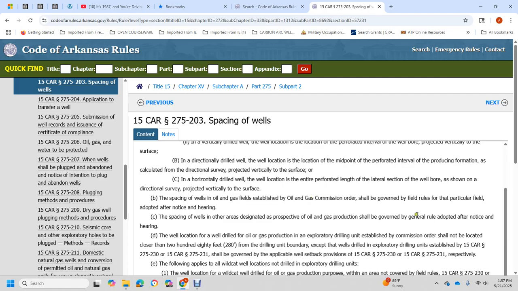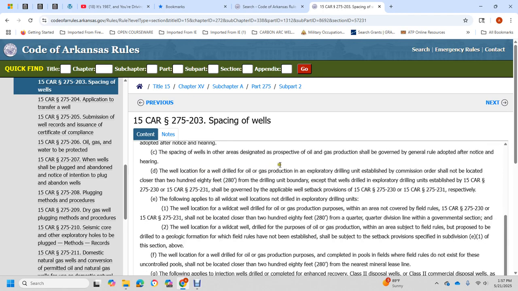The spacing of the oil and gas wells is established by the Oil and Gas Commission, governed by the field rules for a particular field as adopted with the notes of the hearing. Spacing of the wells over the other areas of the state, from the perspective of oil and gas production, should be governed by the general rule adopted by the notes of the hearing. Well location: wells drilled for oil and gas production or exploratory drilling, established by commission order, should not be located closer than 280 feet